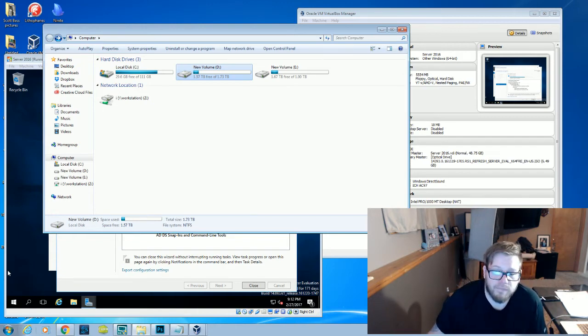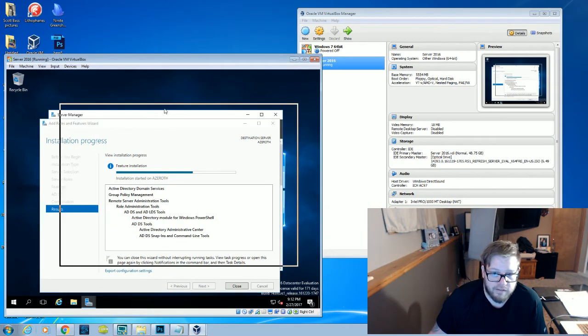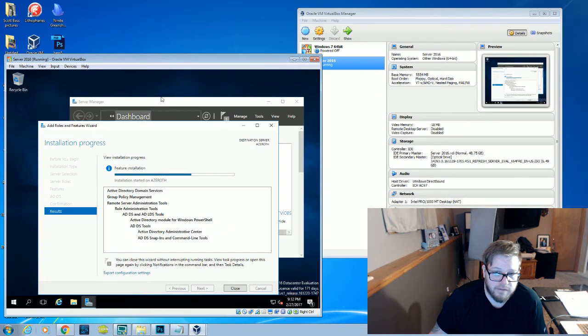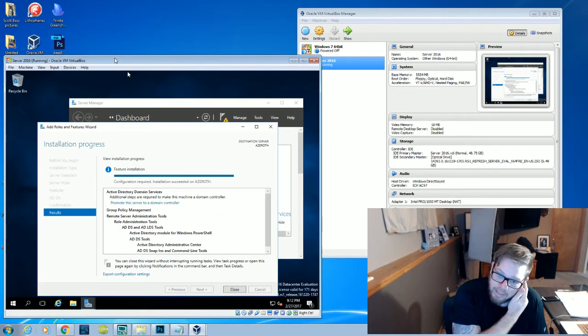George, so what I am doing right now, I forgot I needed to do this earlier. I need to set the server right here as a domain controller and add Active Directory to it.